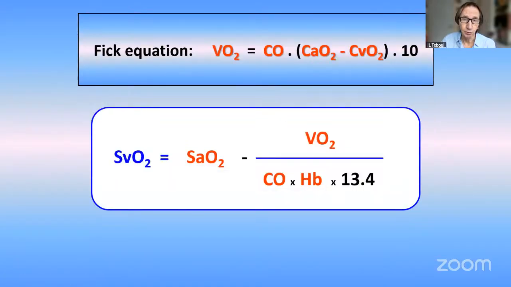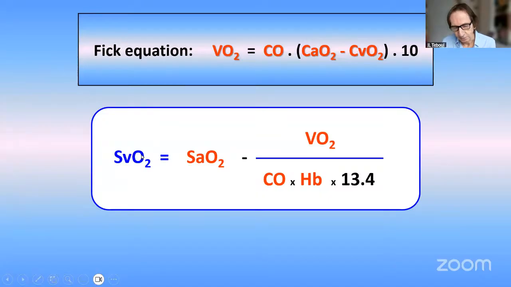The Fick equation applied to oxygen is this one: VO2 equals cardiac output times the difference in oxygen content between the arterial blood and the mixed venous blood times 10. If we manipulate and simplify this Fick equation applied to oxygen, we can have the following equation,